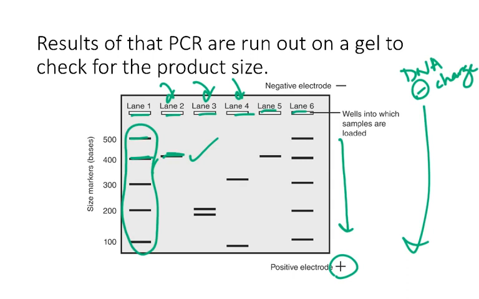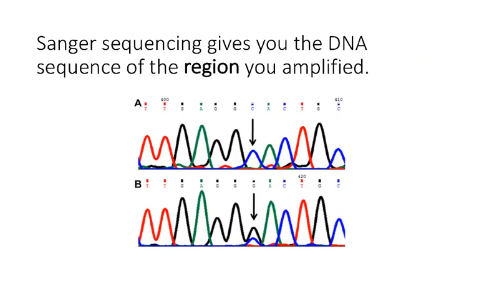That's good, and so once we checked, we can then move on to the next step, which would be Sanger sequencing. So the PCR is usually not the only thing we want to do. Usually that PCR is a middle step to help us get to our end goal, which is normally to figure out what the actual DNA sequence of that particular region we amplified is. And so